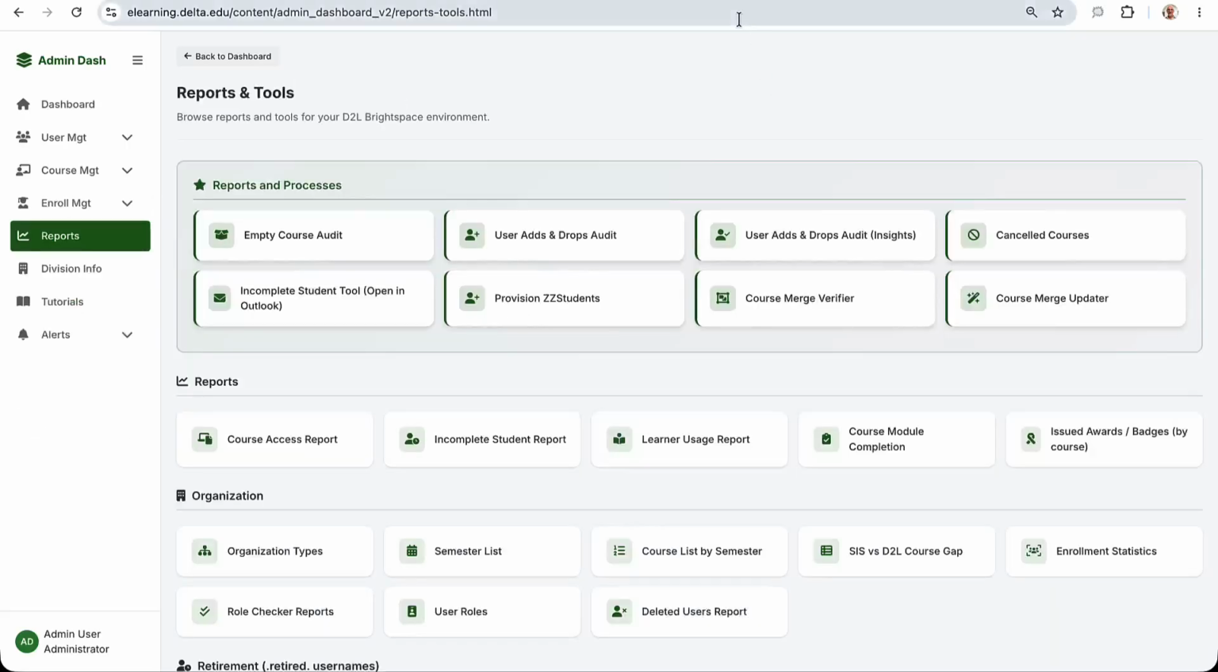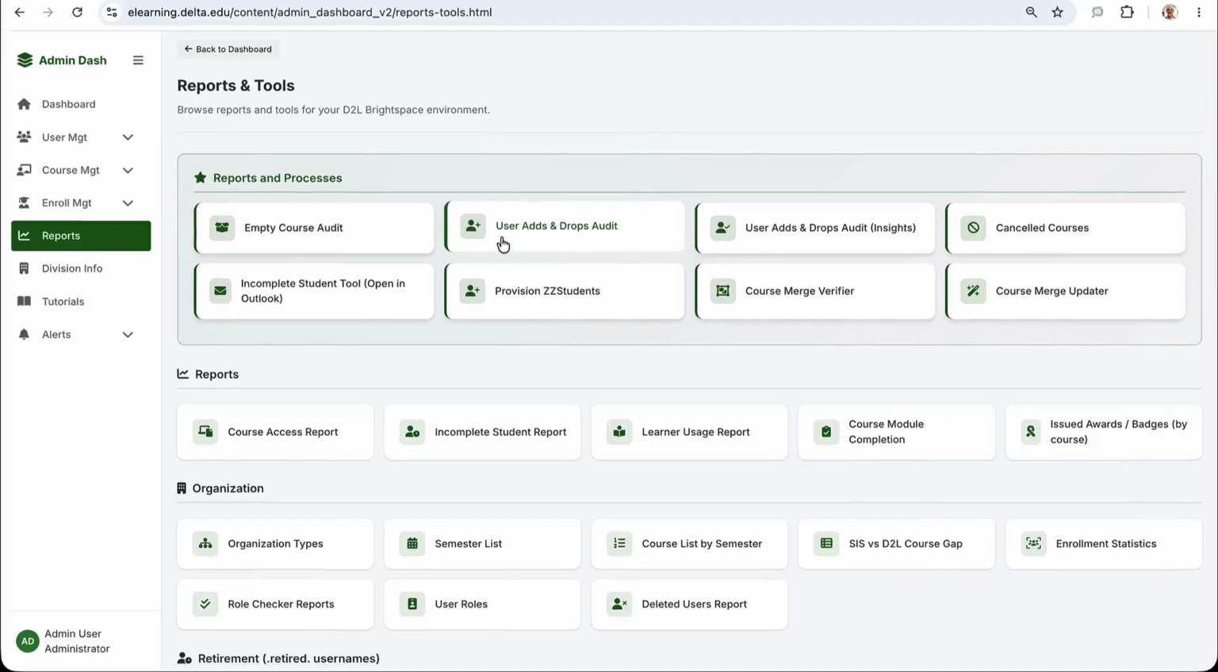The last section we're going to cover is our reports and tools section. This is very unique to Delta College. We use Ellucian and colleague services, so a lot of what our reports do will be using some of those reports that we're able to download out of colleague. One thing that we do on a daily basis is the user adds and drops audit, and so we're able to download a